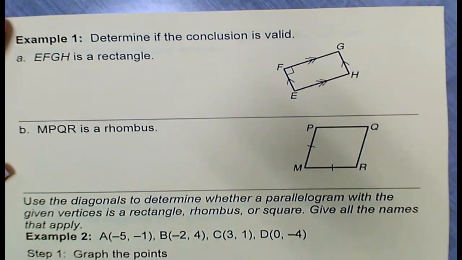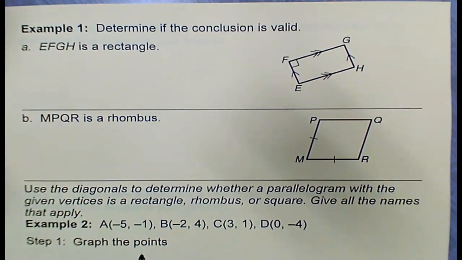Okay, so example 1 has 2 parts, and it says determine if the conclusion is valid. So it makes a conclusion and we have to decide yes or no, and we've got to give a reason because we're always giving reasons nowadays in geometry. So the first one says